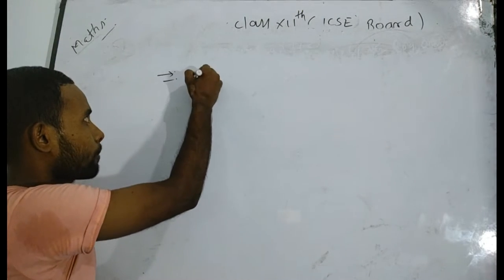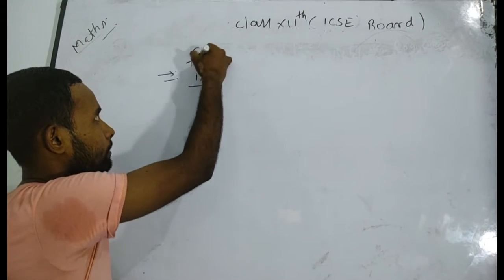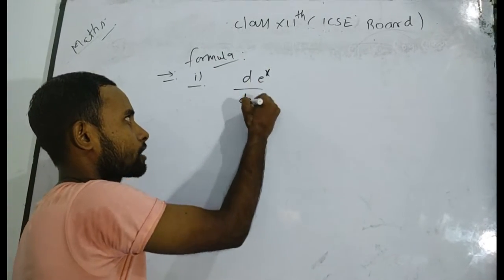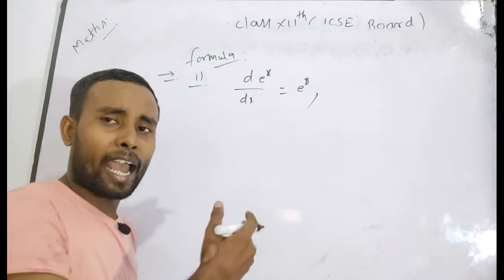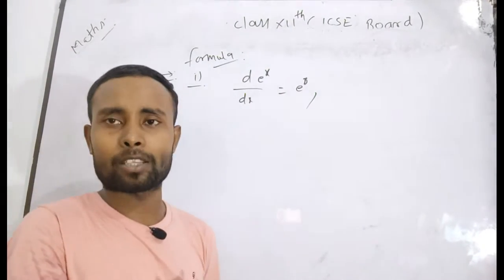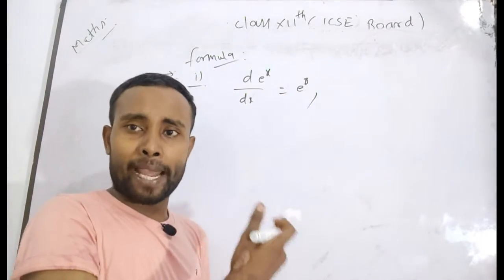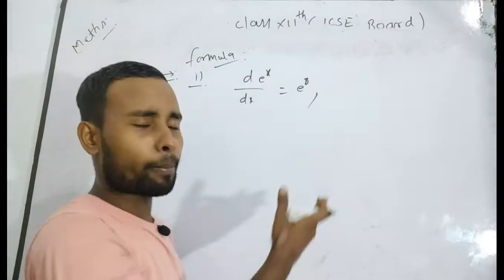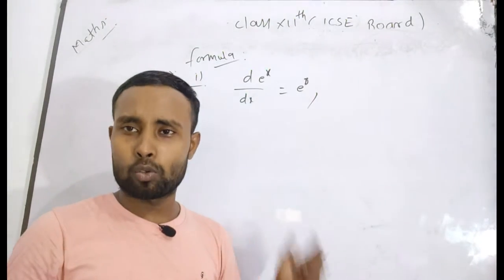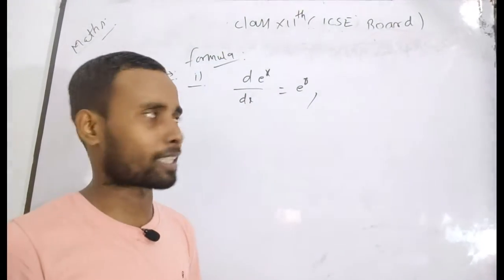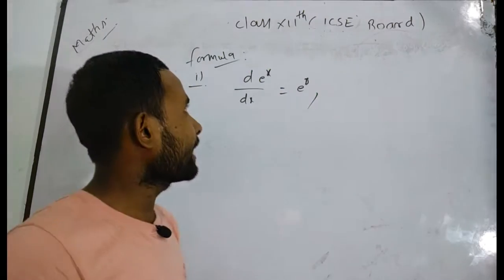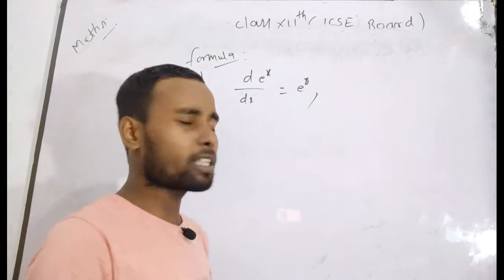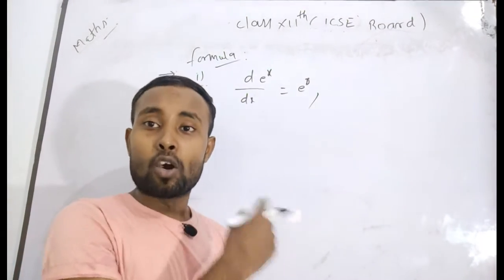First of all, you have to see the first formula, which is very important. The derivative of e to the power x with respect to x is equal to e to the power x. I think I have already discussed in the previous class, that is class 11th, that all these formulas are proved by the first principle method, that means the ab initio method. If you have time, you can solve them that way, but in your class it is not important to solve all these problems by first principle or ab initio method. Still, if required, you can. And this is your first formula: the derivative of e to the power x with respect to x will be e to the power x. In the whole function family, it is the first function whose derivative is the same.